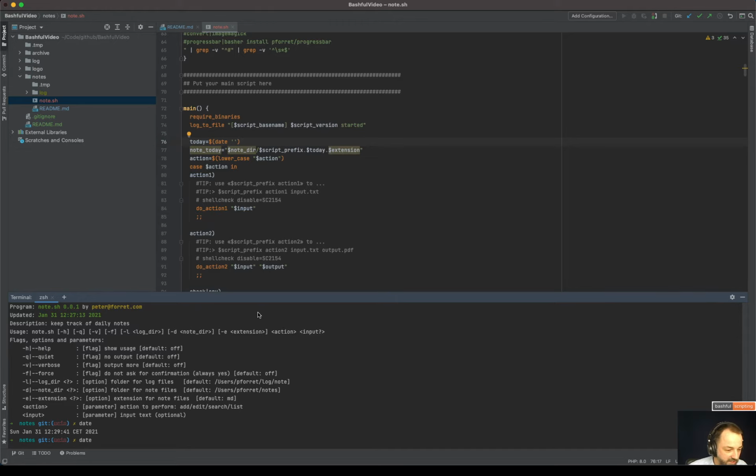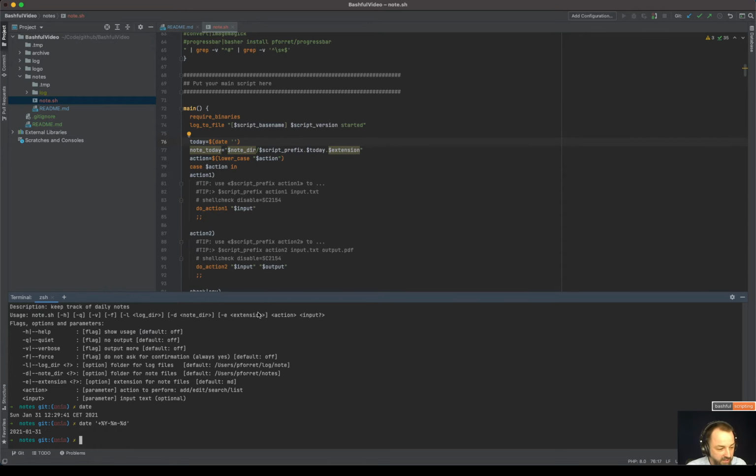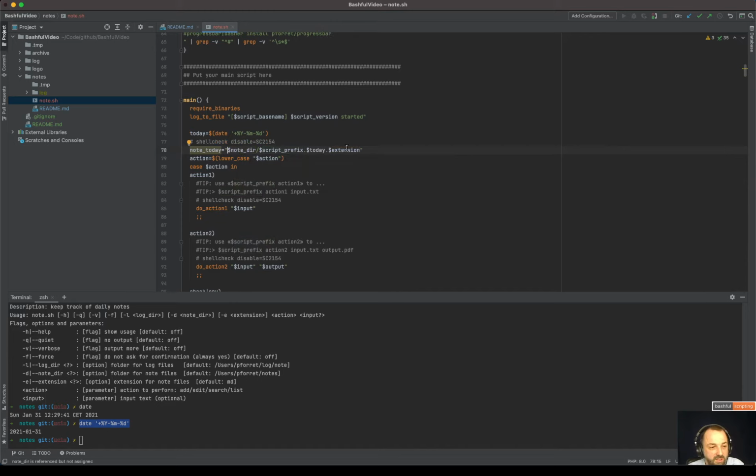file names, the spaces and stuff that we don't need, but date allows you to specify, let's put it like this, specify a format like Y, M and D. This is the format for the year, the month, and the day, like this. Perfect. I will take this and I will just drop it in here so we know it works. It works, and then it will complain about the note there not being defined, which is a